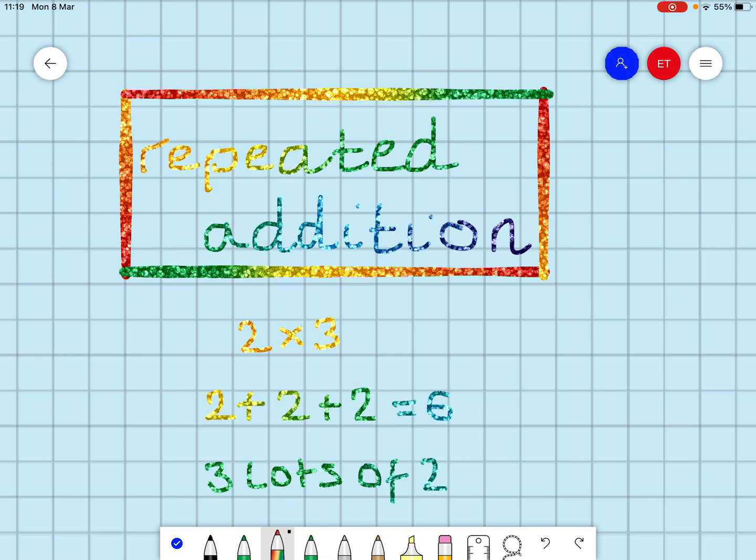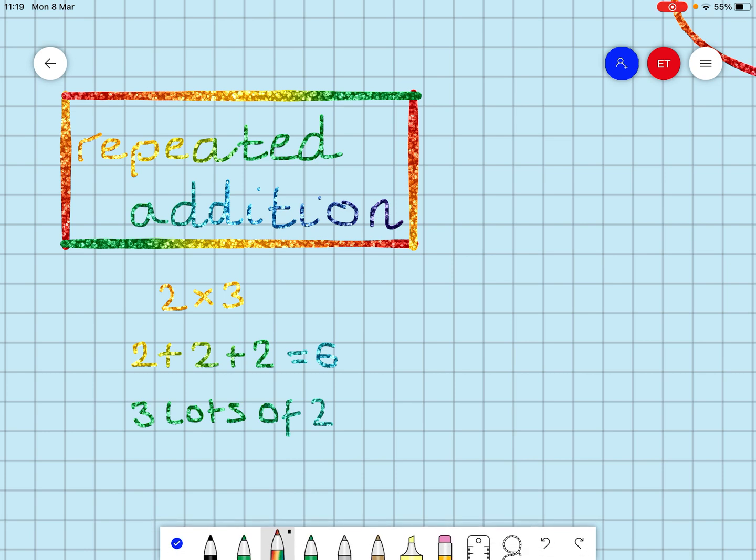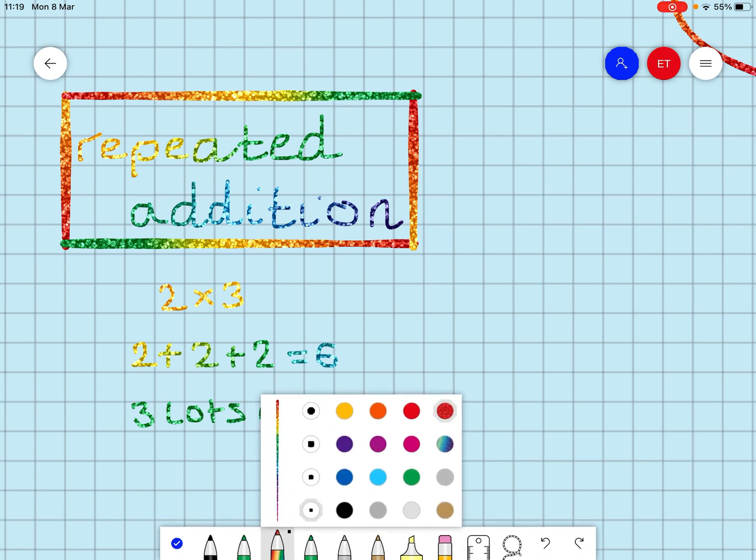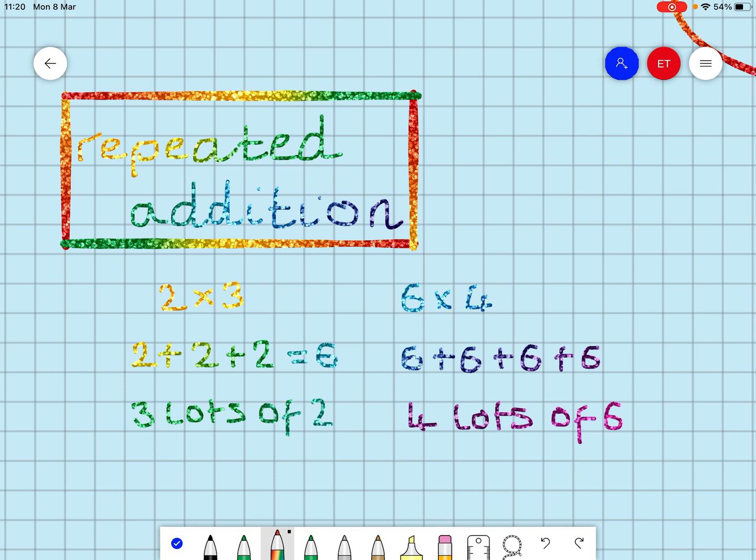So let's just do another example. If we had, let's say, 6 times 4, that is the same as 6 add 6 add 6 add 6. So 4 lots of 6. 6 add 6 is 12, add another 6 is 18, add another 6 is